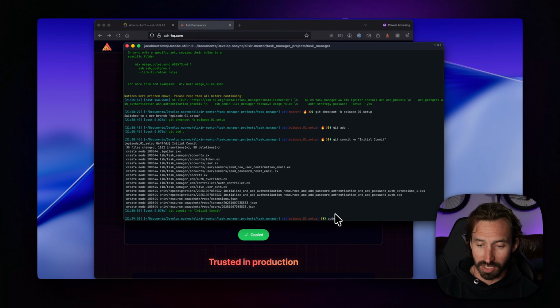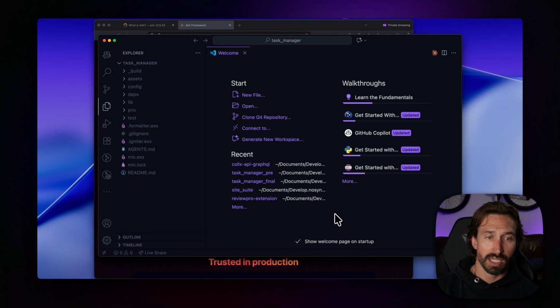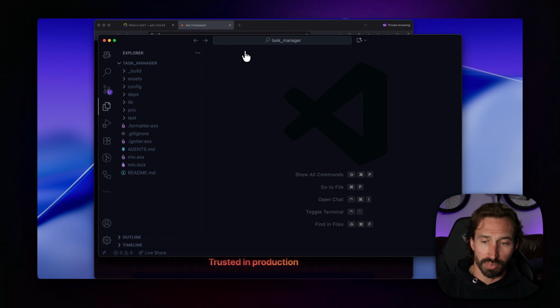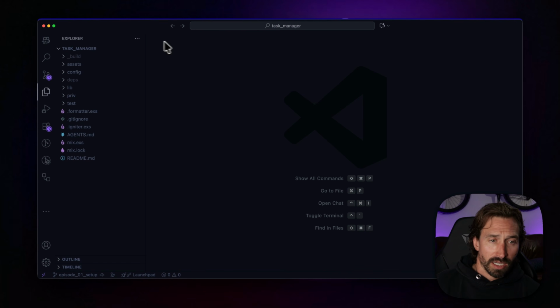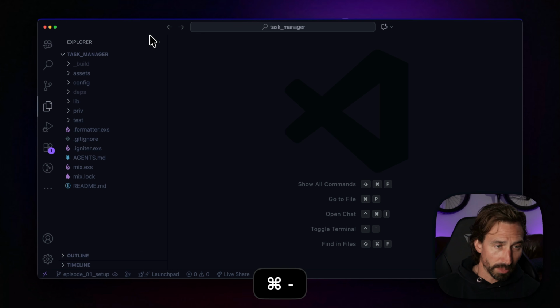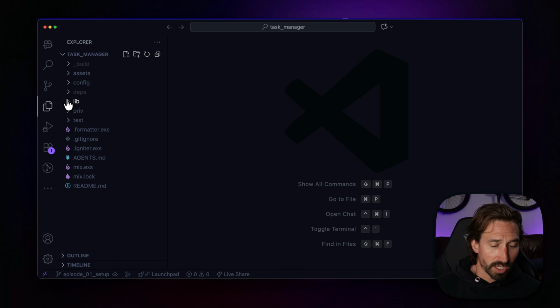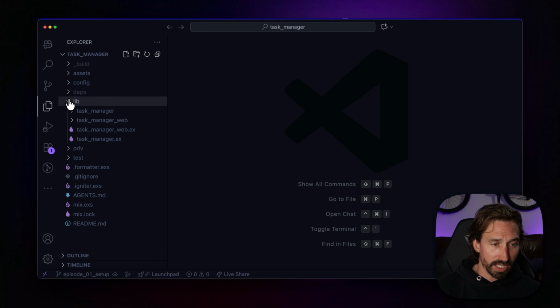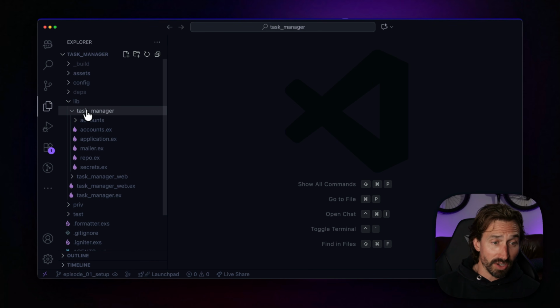I use VS Code, so code space, and we're in our project. All right, so I'm going to full screen this. I'll make it a little bigger. That's probably fine. So this command, creating this project, did quite a bit. And one thing I want to point out is, if I open up task manager, lib task manager,